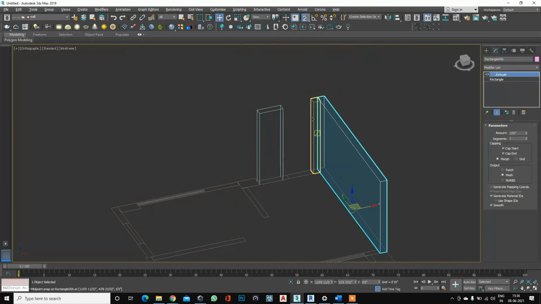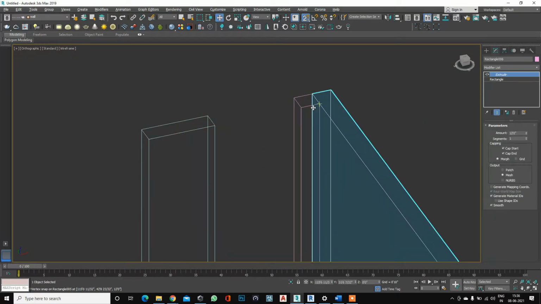Okay, now if I edit this, like in this wall I did the paste instance. If I edit this to 10 feet, you can see this wall is automatically changed and this wall is not changed, because here I gave paste as an instance. So this is the difference between paste and paste instance.